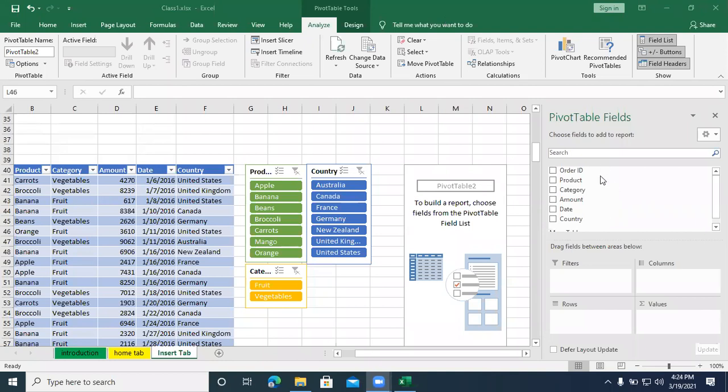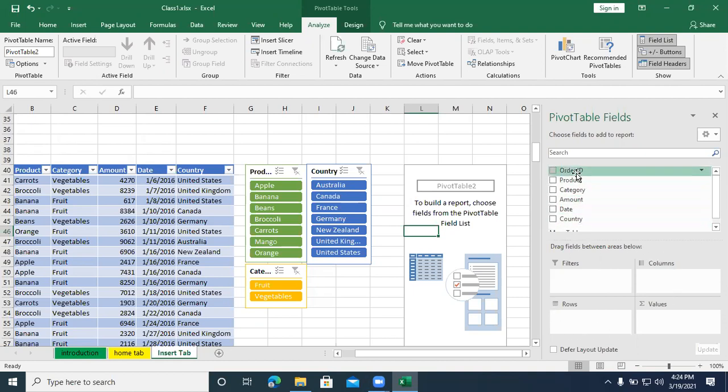Okay. In the field list, you can see all the column headings which we have given: order ID, product, category, amount, date, country, everything it is showing in the list. These headings, we need to drag between these four areas.